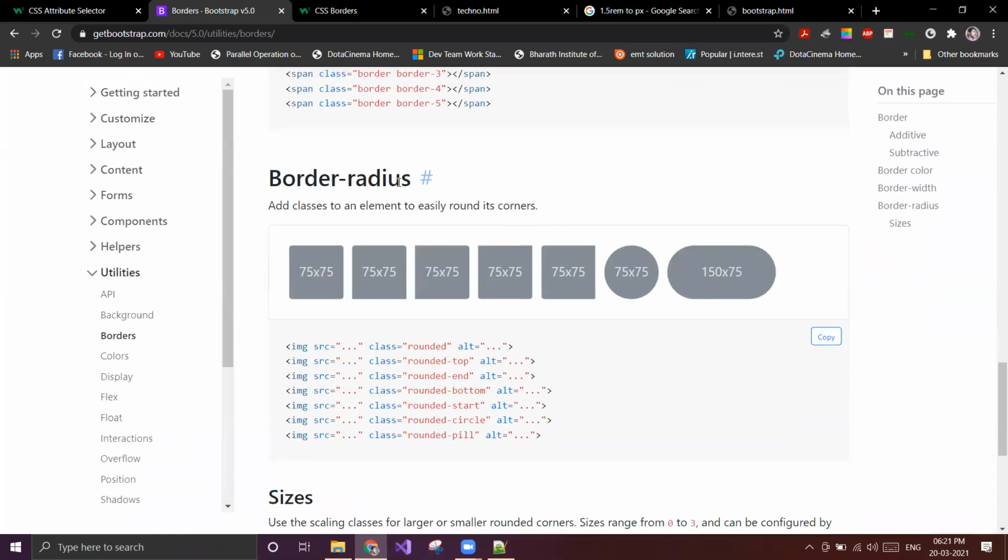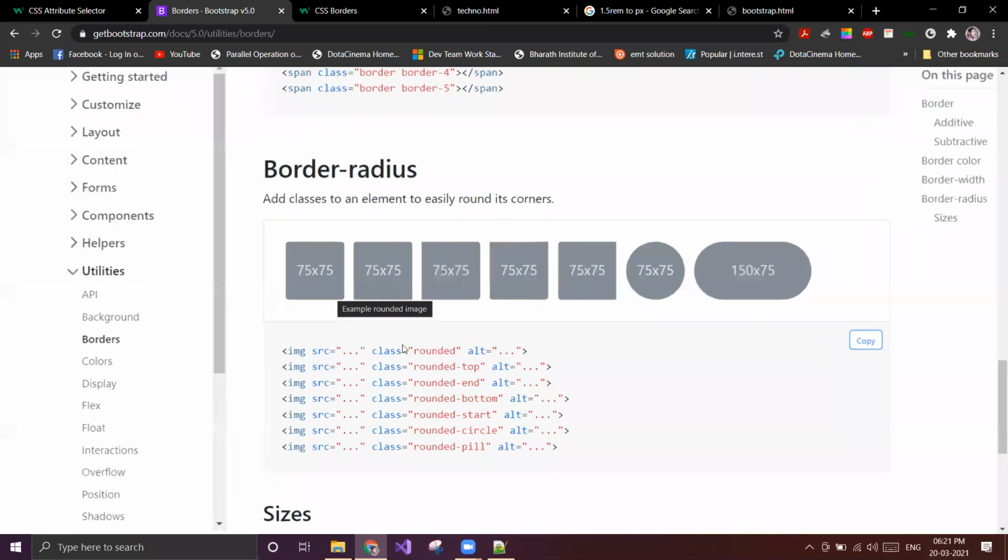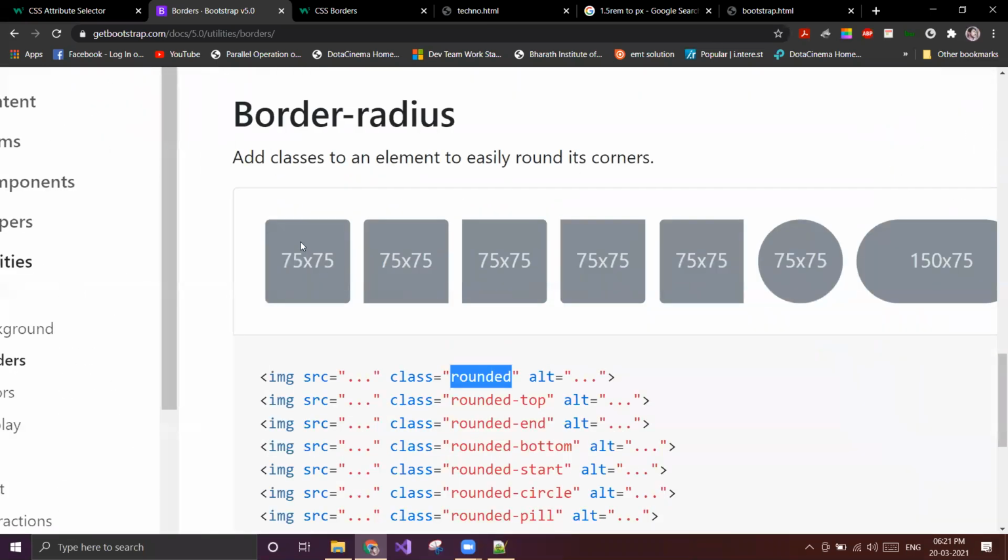Then we have border radius. For border radius also we have classes. So if I write rounded, it will be rounded from all sides. If I write rounded top, it is only rounded from the top, not from the bottom. Can you see? So like that we have rounded end. End is right.